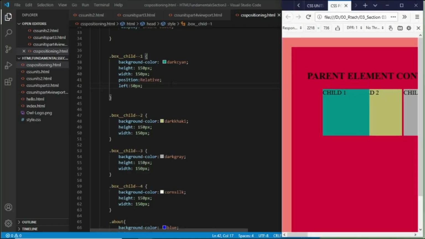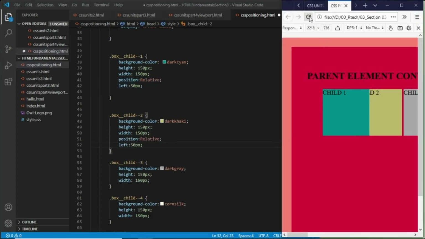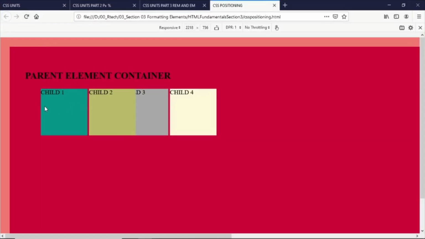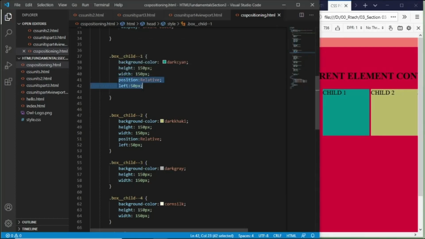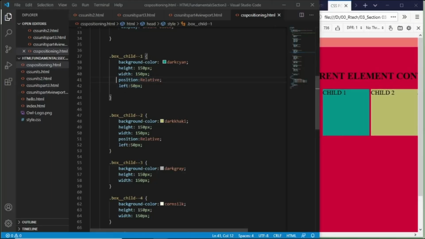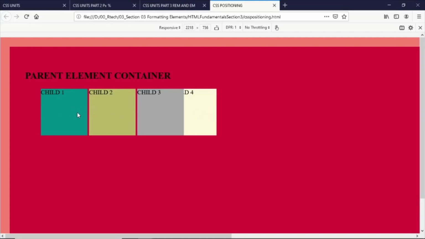And what we will need to do here now will be to go and copy this here so that we can also move the other element that we have here. So let's save that and refresh. You would see that we were able to move the child 1, and so that we can move the child 2, we had to copy and paste the same position and same value left 50 pixels so that it will not be overflowing on the space that's provided to child 2. So this is going to be quite difficult because we also need to go and do the same thing with the child 3 if we would want to go and move all of them together using the